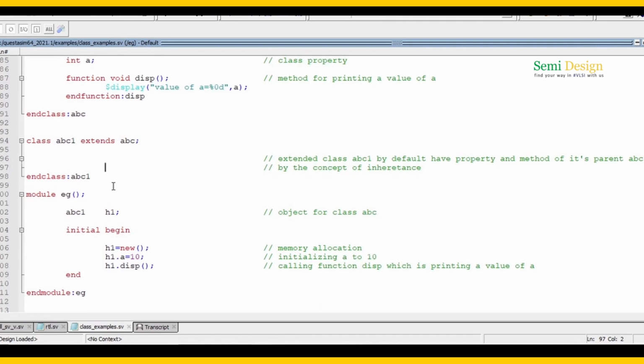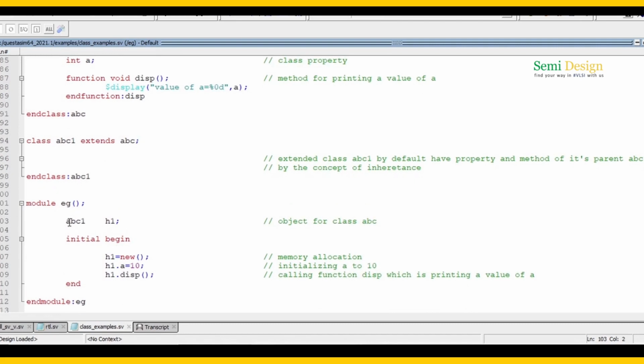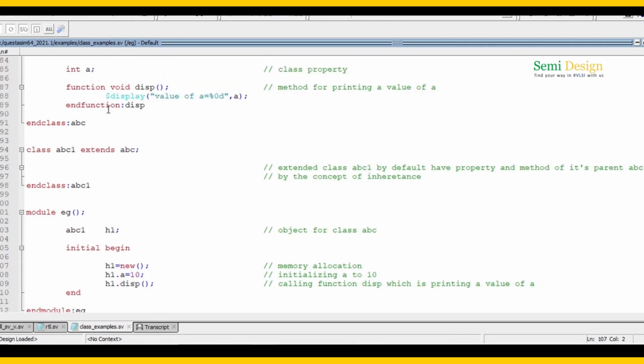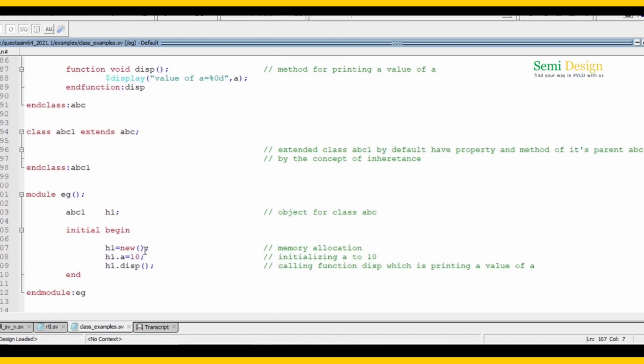In the module, I am creating an object, or instance, of this extended class ABC1. Within initial begin, I am allocating memory to this virtual class with the help of this child class. h1 is equal to new, initializing the property to 10, and after that I am displaying the value of that property.